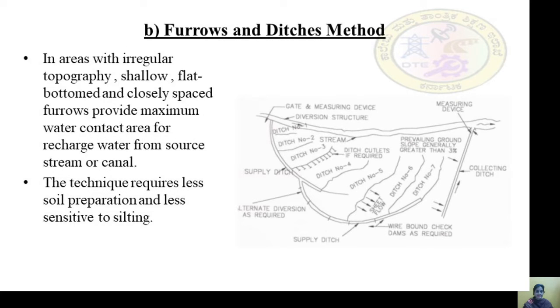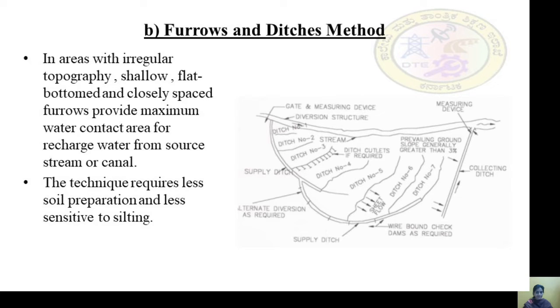Furrow and ditches method. In areas with irregular topography, shallow, flat bottomed and closely spaced furrows provide maximum water contact area for recharge water from source, stream or channel.